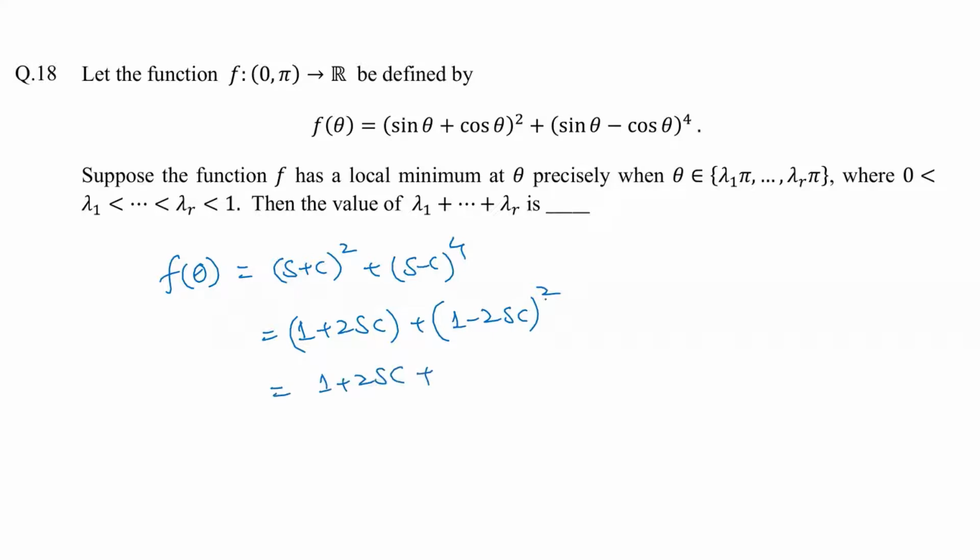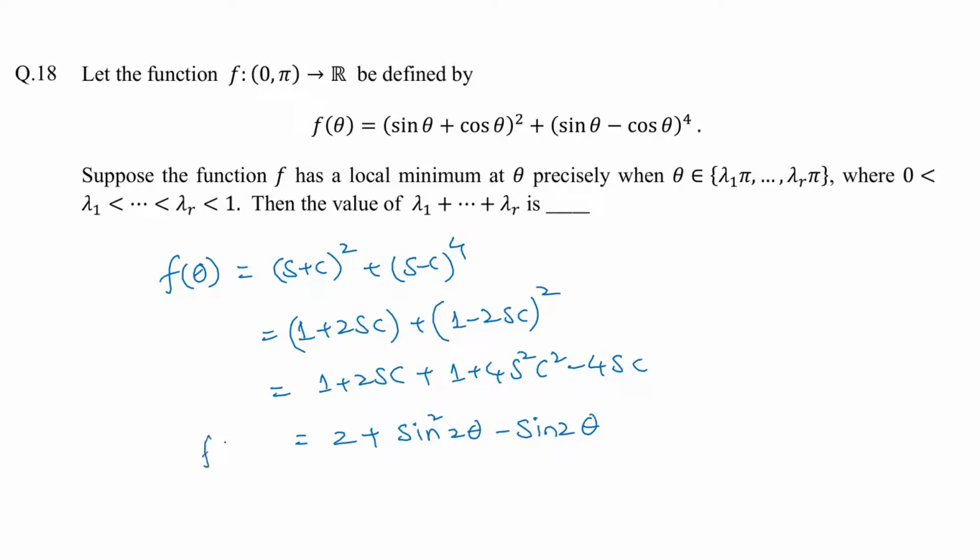And if I take the square here, that is going to give you 1 plus 4 sine square cos square minus 4 sine cos. So this is what we are going to get by simplification. One thing you can directly see here is 1 plus 1 equal to 2. And this 4 sine square cos square can be simply written as sine square of 2 theta. Minus, here we have 2 sine cos, and this is minus 4 sine cos, which is going to be minus 2 sine cos, which can be simply written as sine 2 theta.